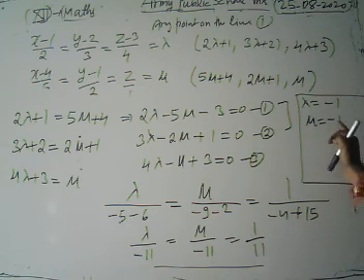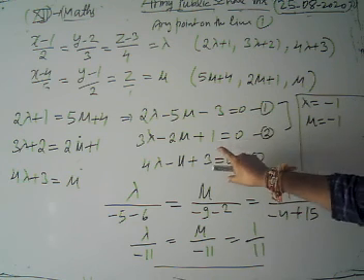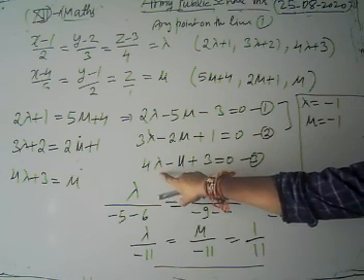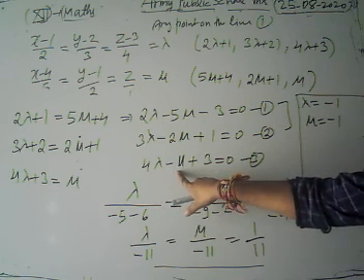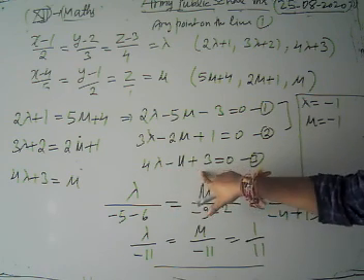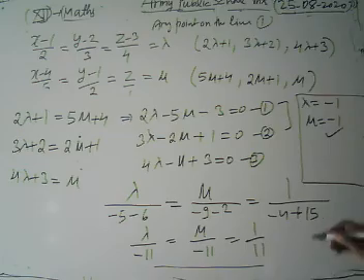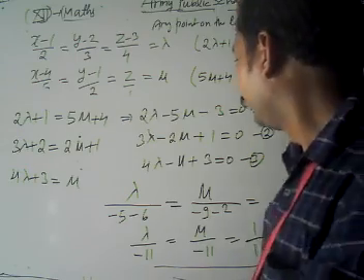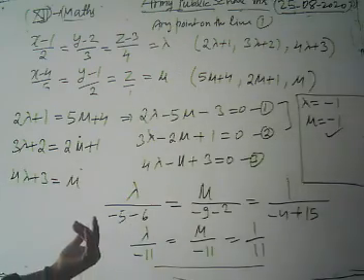Now, are these values correct or incorrect? To check it, look, if these values are correct then they satisfy our equation number 3. 4 into lambda means we have minus 4 here, and mu is minus 1, so minus 4 plus 1 plus 3, yes, it's equal to 0. Hence the values of lambda and mu are correct. Now we have to find the point of intersection.